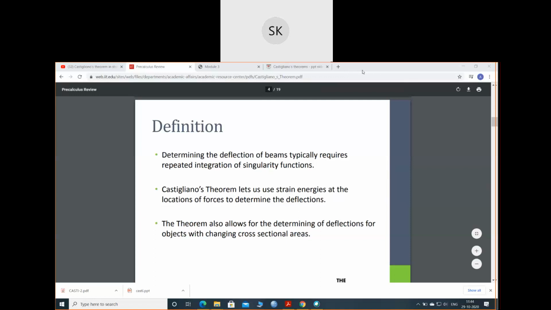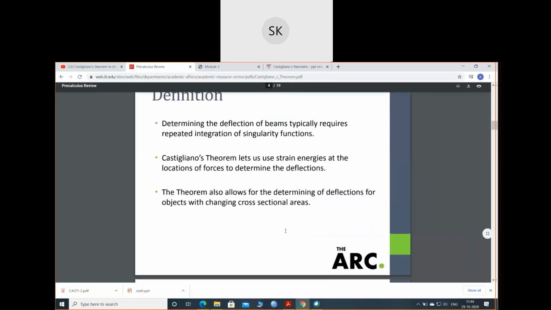Let me note. There, when we studied that, the whole cross section of the beam was the same, right? If it is here 400 mm by 300 mm, here also it was 400 by 300 mm. But this theorem also applies if your beam is irregular in shape. That means your cross-sectional area is changing, like this one, then this one. If you have a beam of different cross-section area, you can use this theorem to find the deflection at various cross sections.